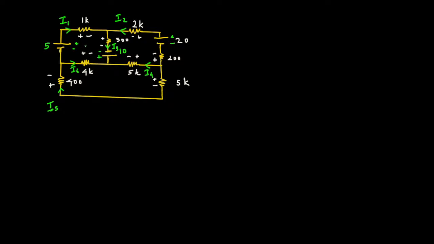If I say this is loop number 1, I can take the direction to be clockwise. You can take either clockwise or counterclockwise. I'm going to do this one clockwise, and I can do the other one counterclockwise. It doesn't matter, it's your choice. All of them give the same answer. Once you take the direction, we can create our equations. Let's call these loop number 1, loop number 2, and loop number 3. So if I take loop number 1,